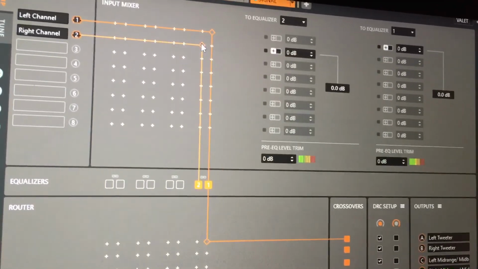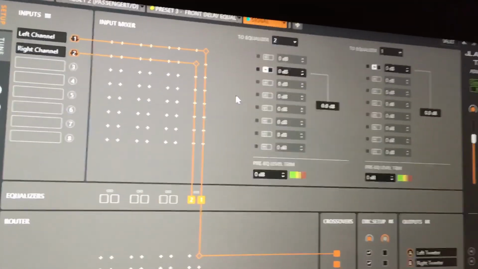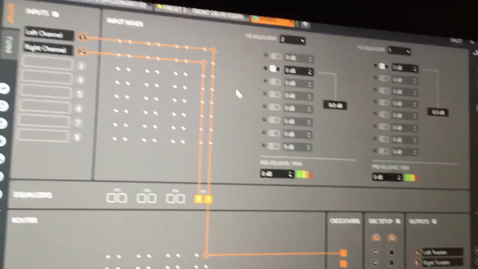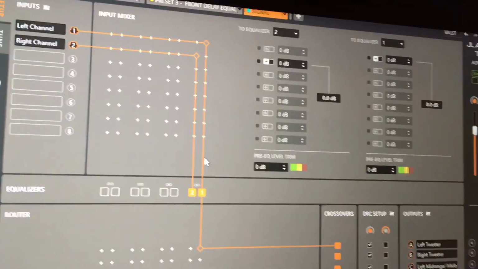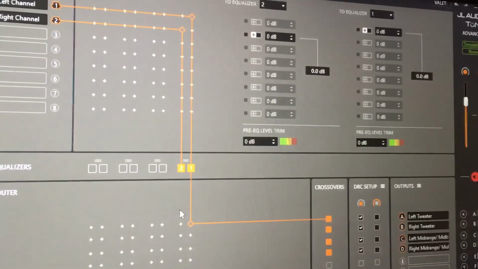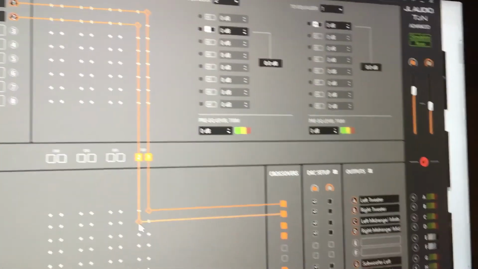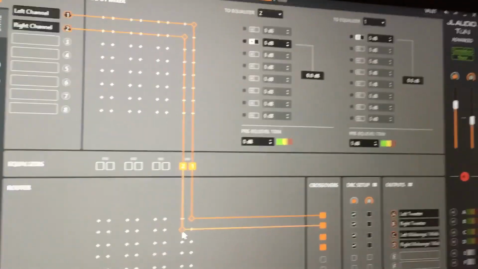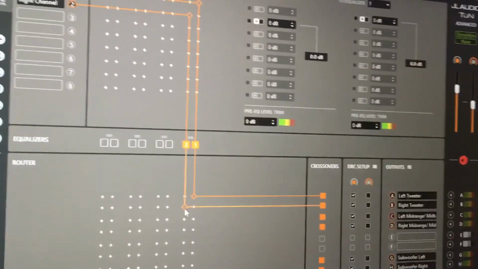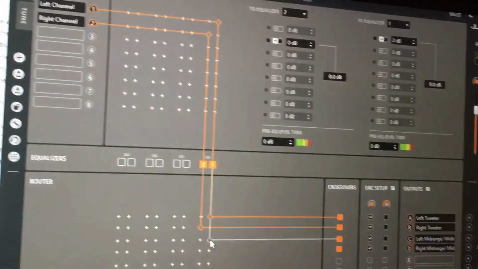Line shows up, click it. Now check that out, EQ2 shows up. So now I've got input 2, right input going through EQ2, and now let's connect it further. Now it's going out, output B. So it's that easy. Now I can go down the line here if I want, and I could actually have